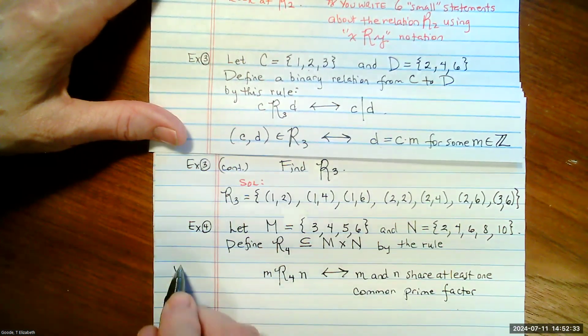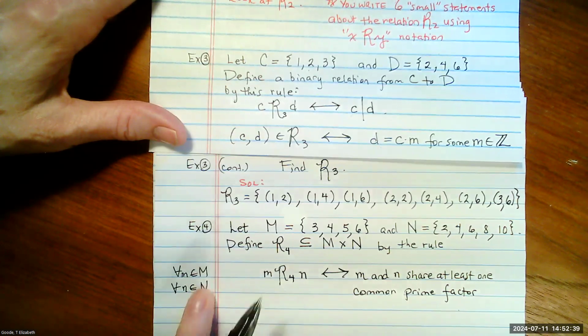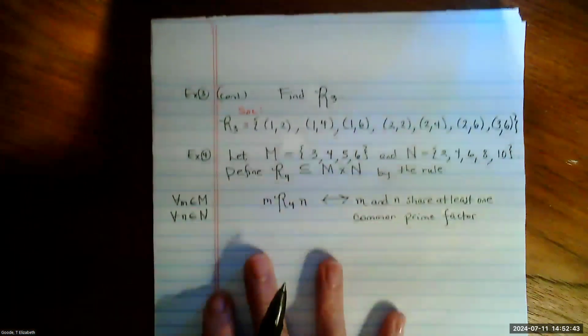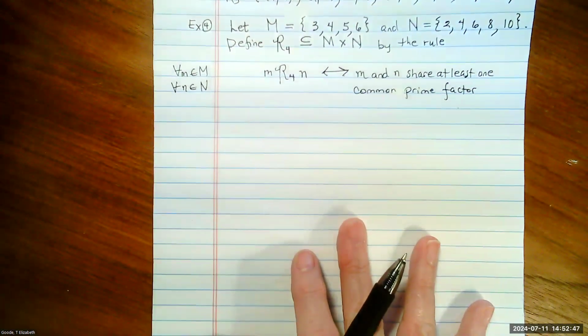And this is for all elements little m in M, and for all elements little n in N, of course. This is sort of redundant, but I'll just write it there. So this is a rule to define R4,